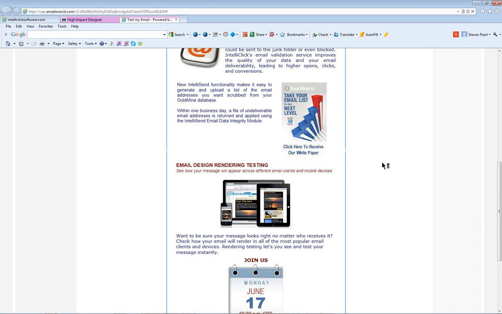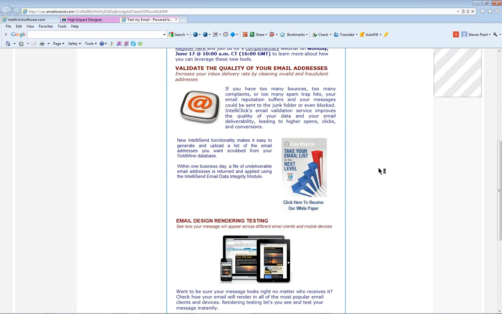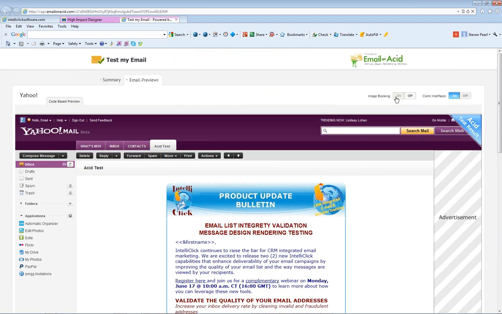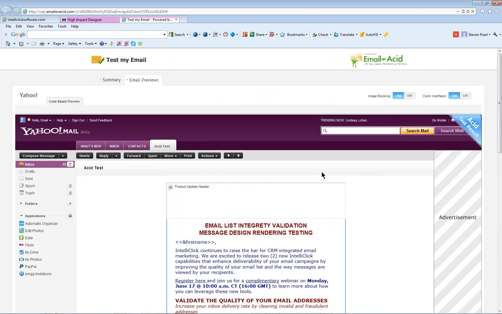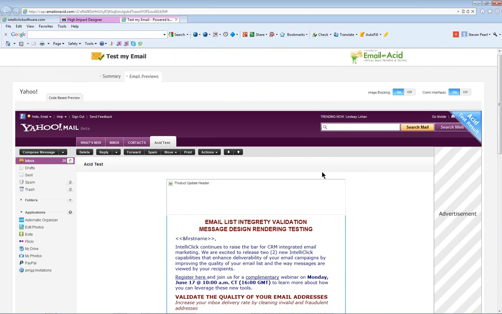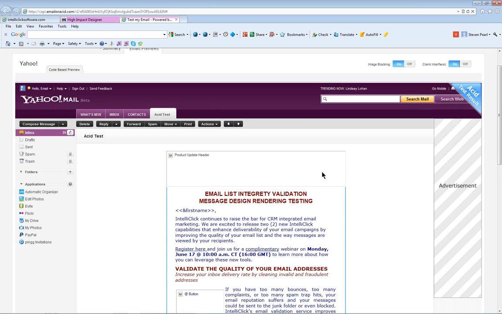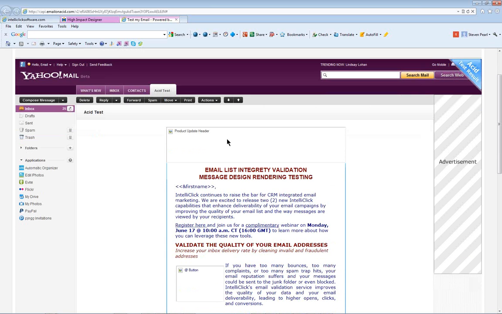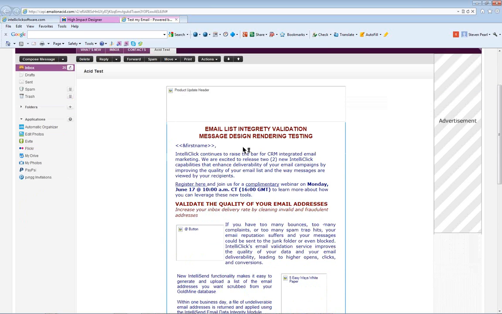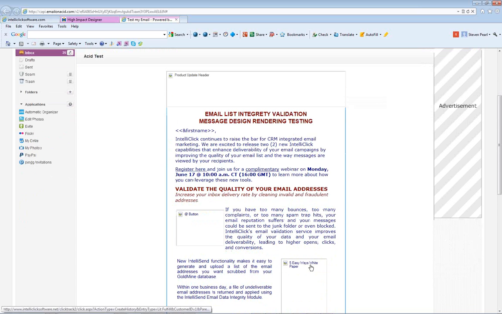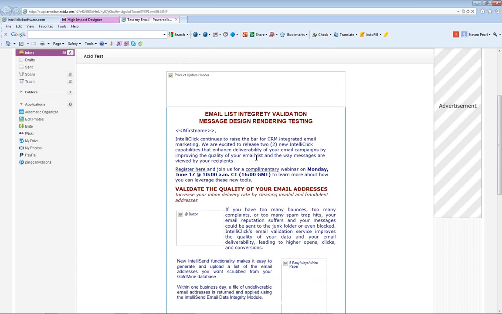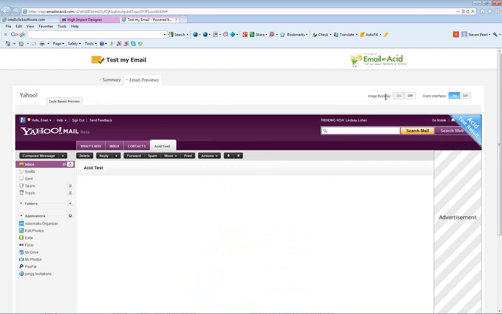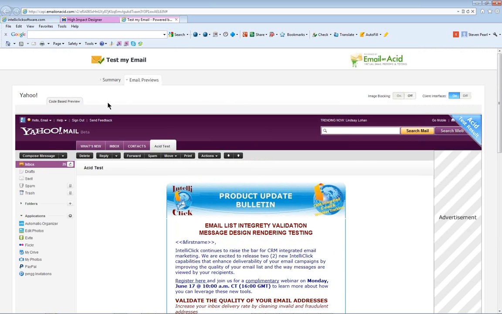What's nice too is that this is interactive, so if I want to see what my message will look like if image blocking is on, and I click that, it will now show me exactly how it will show up and whether or not I have any descriptions related to the imagery that I want to display. So this would show you exactly how your message would show if image blocking is turned on in that particular email client. You can interactively go on or off with that. So very nice way, and I think with the